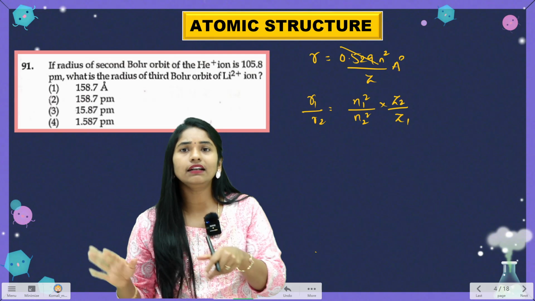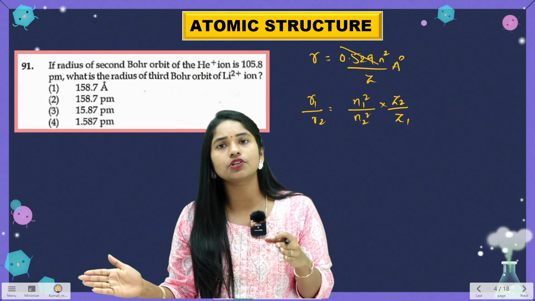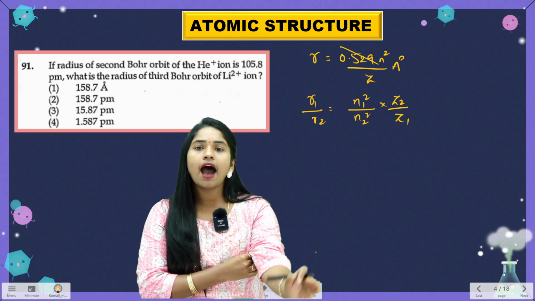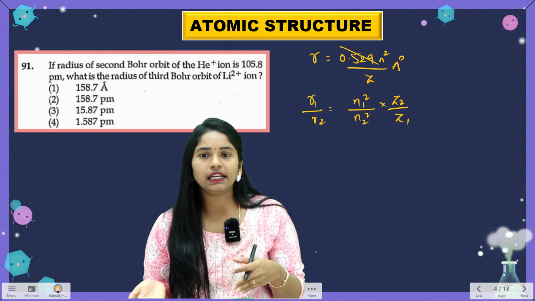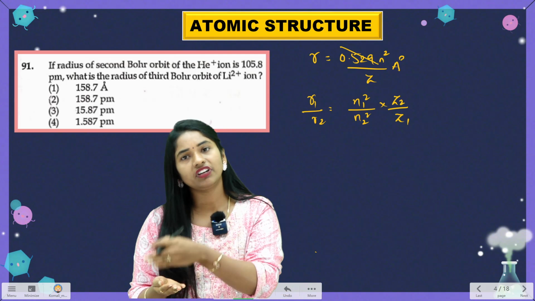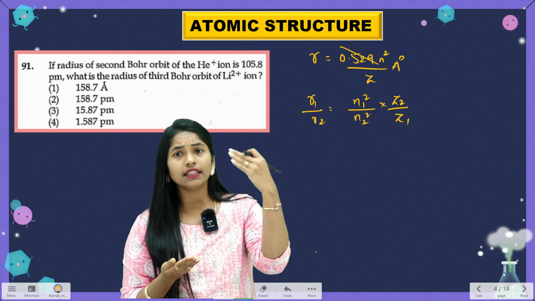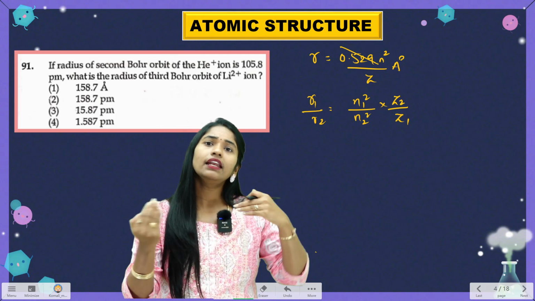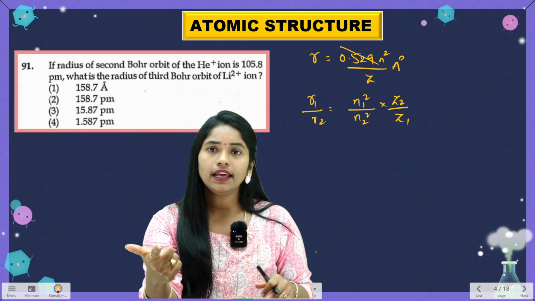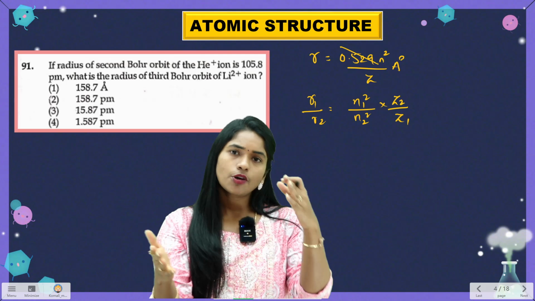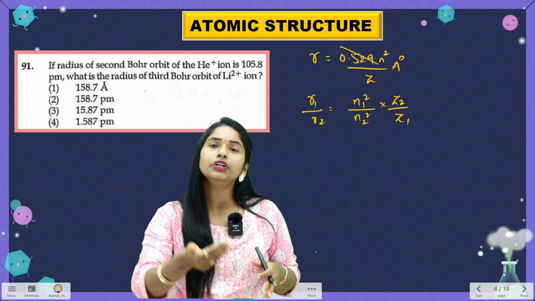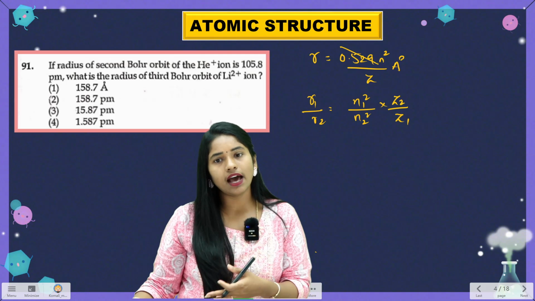We can do like that, or we can convert angstrom. 1 angstrom is equal to 100 picometers. So we can multiply there itself. Anyhow, that unit will be completely cancelled. I mean to say that the above formula converts into 52.9, and then R1 52.9, R2 52.9 will be cancelled. That is one way. Or we can directly convert it to angstrom. So whatever the R1 unit is, that R1 unit only we will get in the answer.